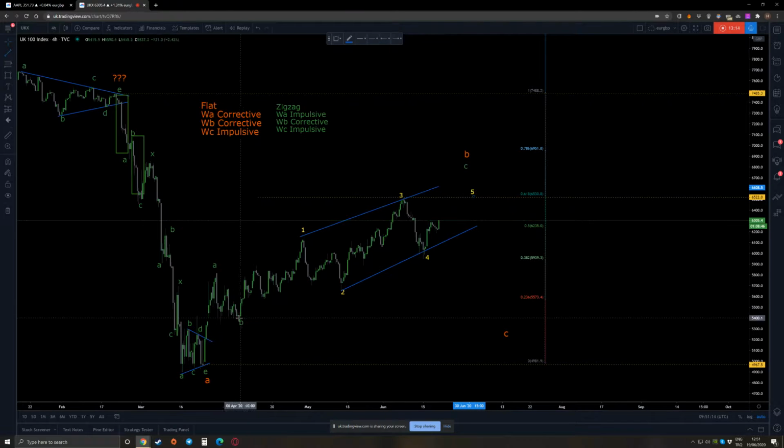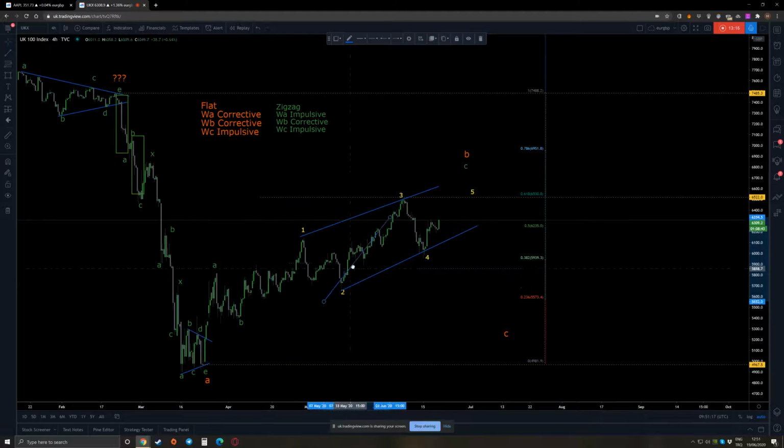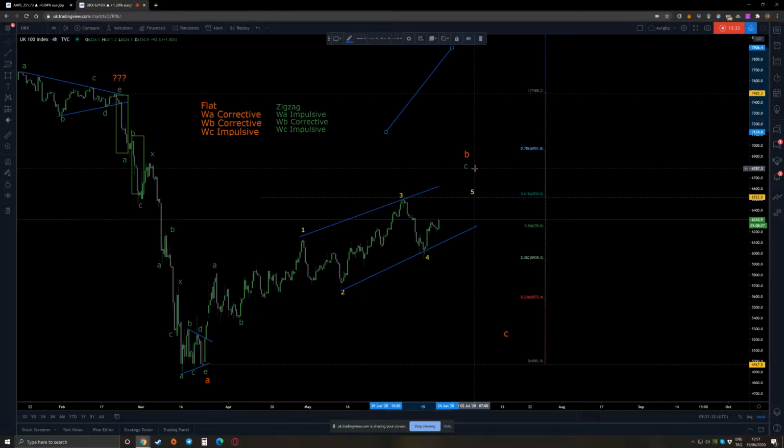then you should ask yourself this: which wave is the largest? Now, in a terminal move, there is no need for one wave to be extended. Okay, one wave still has to be bigger, but there is no 1.618 rule. Also, the third wave still cannot be the shortest. So in this case, the third wave is already bigger than the first wave. So whenever you have a first wave that is bigger than the third wave, you will have a more wedge type of pattern. Okay, so if you will have something like a fifth wave here with some kind of failure,